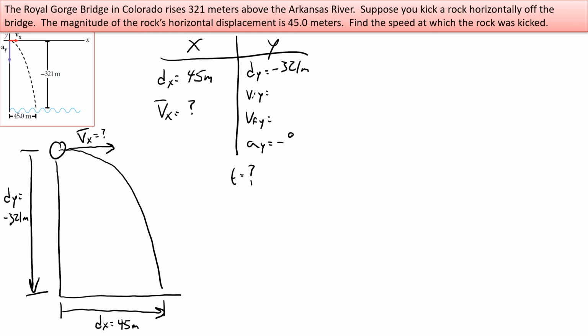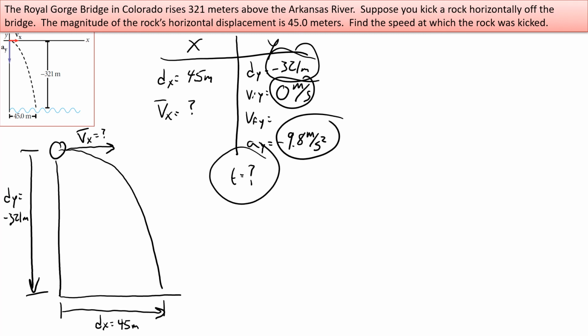Well, I know the acceleration is negative 9.8 meters per second squared. And just like before, the initial velocity in the y direction is 0 meters per second. Don't forget about that. That's probably the most hidden of the information in these types of problems. I explained why VI was 0 in the previous problem. So now that we have 3 pieces of information here, I could find the time